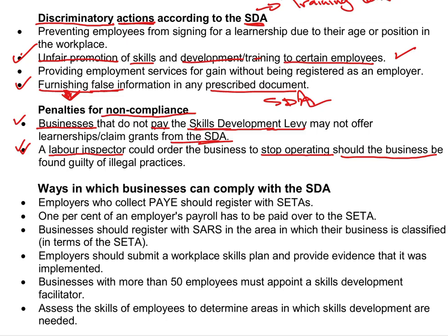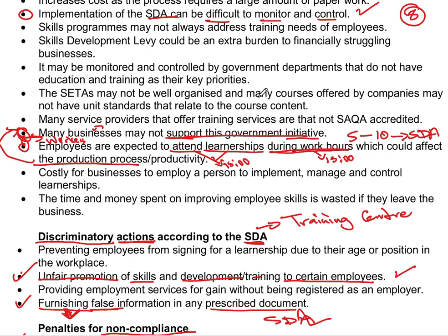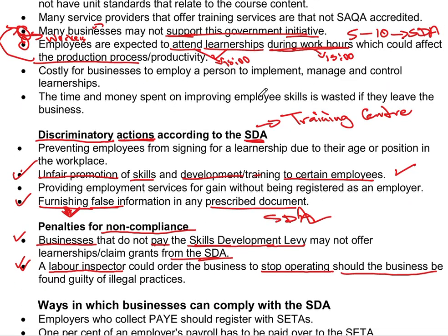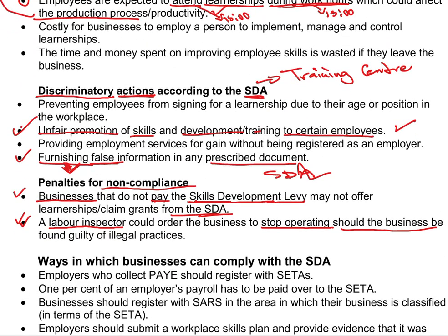If you remember, we were talking about the discriminatory part. If they find you not complying here, you are discriminating, doing unfair things, that's where penalties invade. Right? So they are simply saying there,